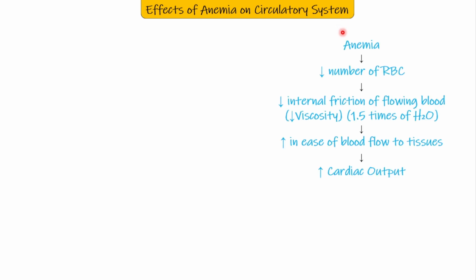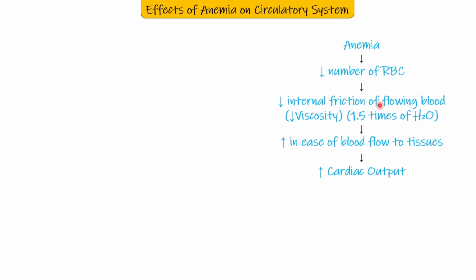Now we are going to discuss the effects of anemia on the circulatory system, that is, how exactly the anemia will affect the circulation. Now, anemia means there is a decreased number of RBCs. Whenever there are decreased numbers of RBCs in the blood, it means there is decreased internal friction when the